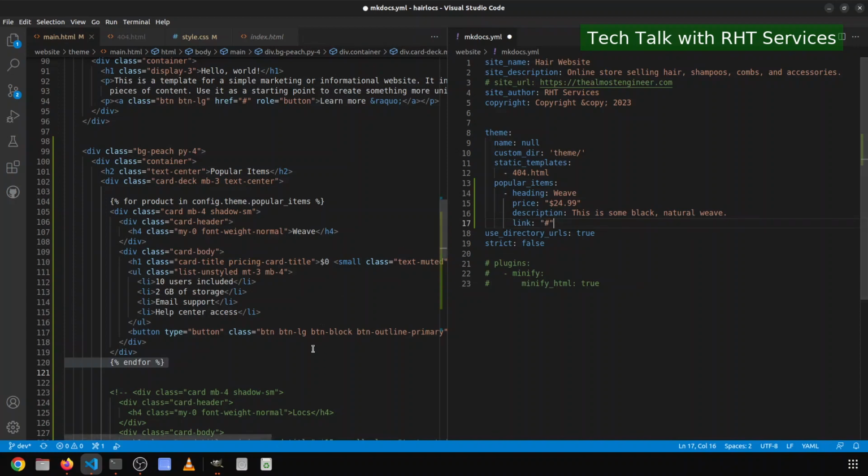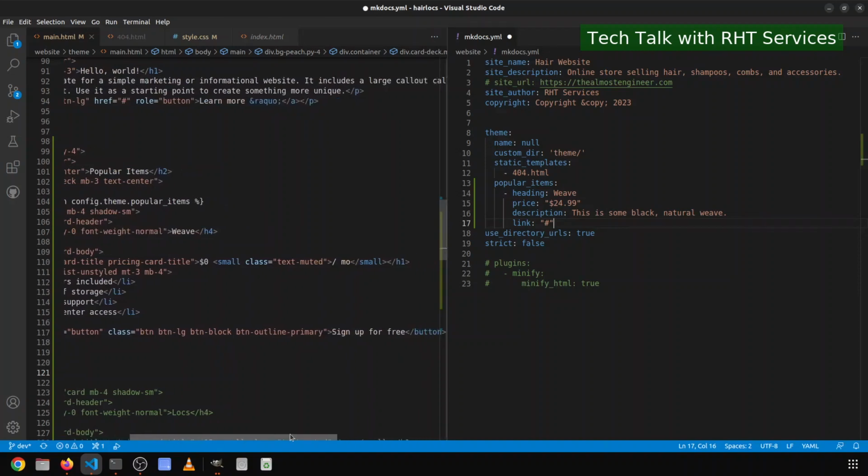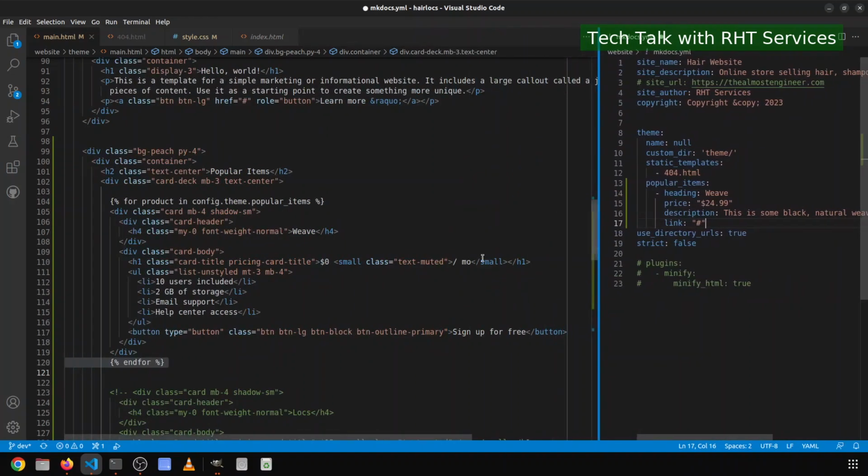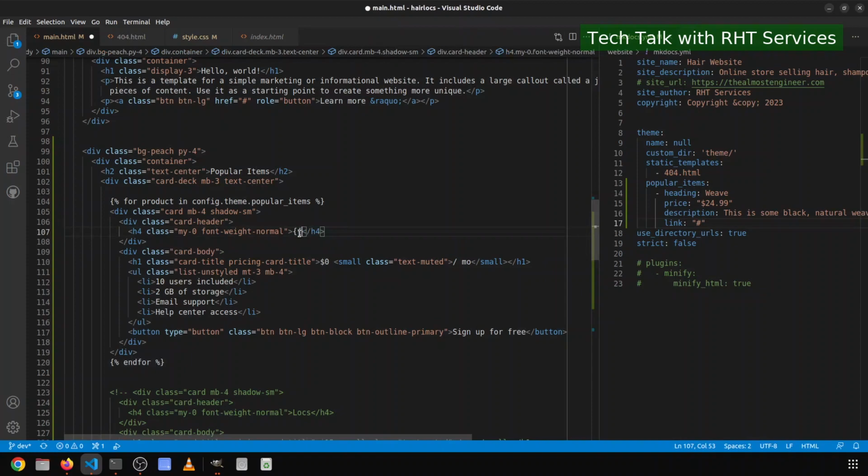So what I'm going to do here is now we have to put these values in over here. All right, so I'm going to remove that, do our double braces, and then we do product dot heading